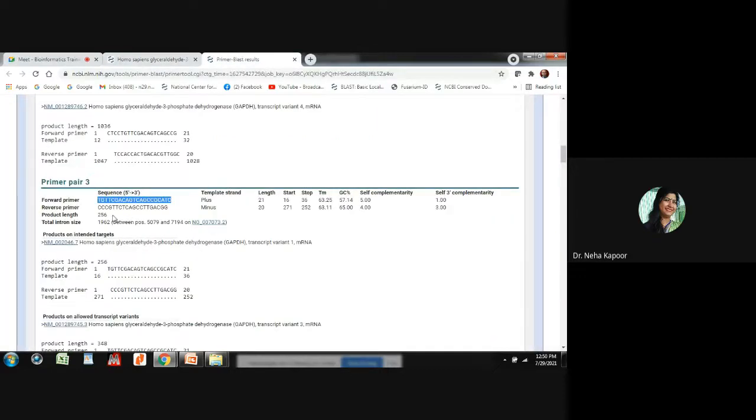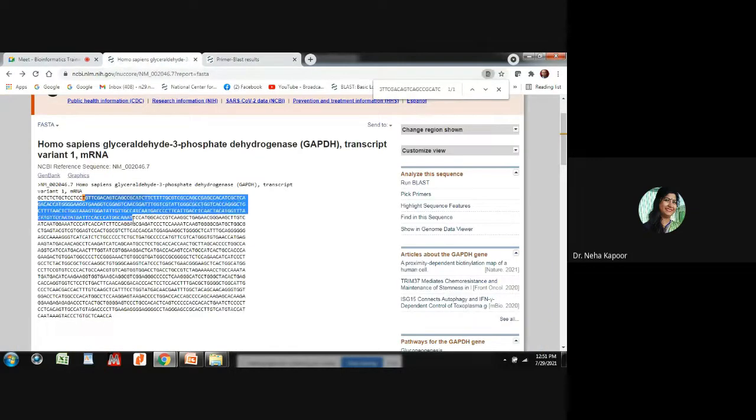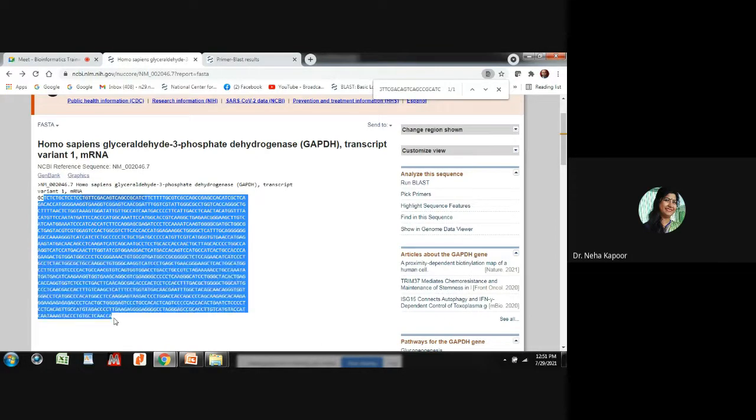But the product length is 256 only, because its reverse primer is annealing at the 271 position, 252 position. That means it would be able to amplify only this segment. So I don't need this primer because it is not giving me the complete result. I need a primer that will amplify this complete gene.